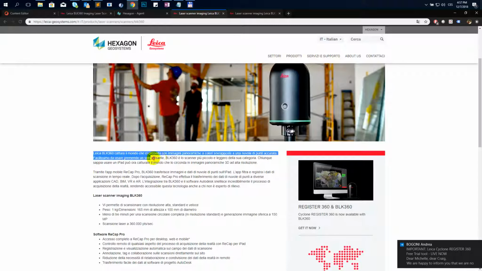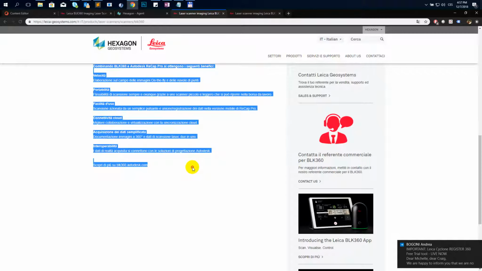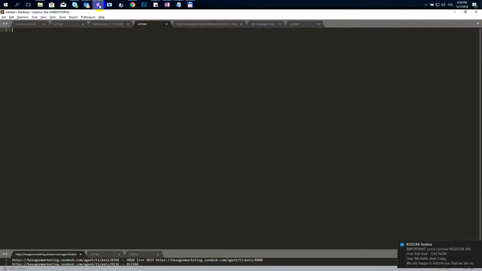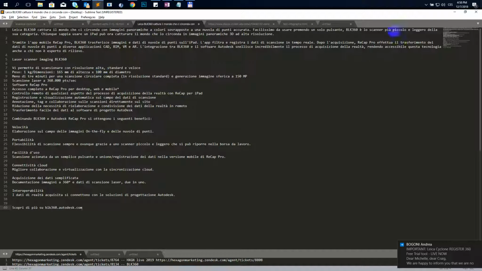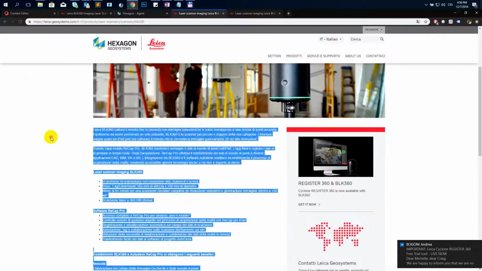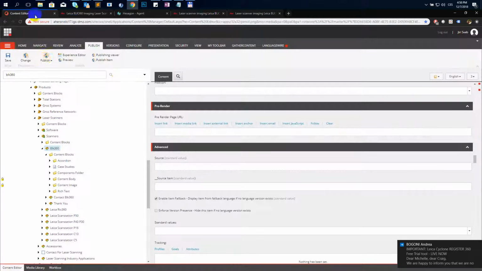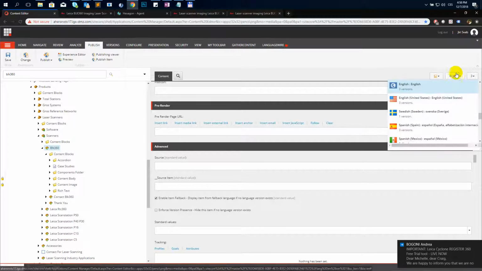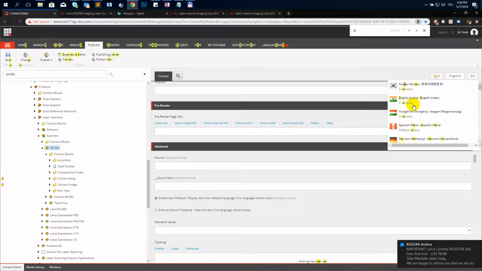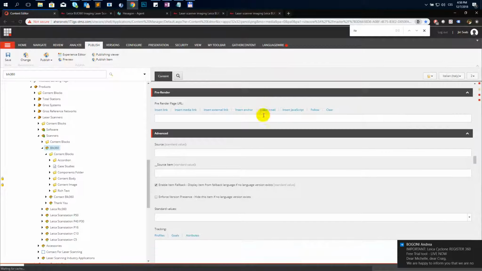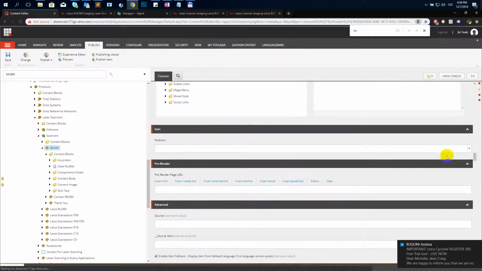First things first, copy all this text here, place it somewhere in your notepad or your editor, so you can use it later. As well, you have to go back in the backend, find your page, BLK360 in this case, change the version to your particular one, which is Italy, right? And you copy all the content you would see here,